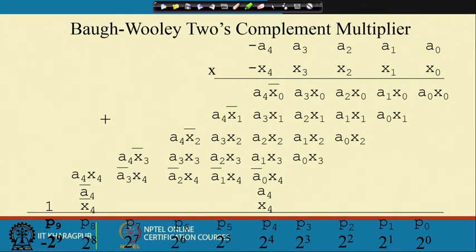So, if I am increasing the depth to the maximum of all possible combinations, I am increasing the delay of this multiplier. But as I have considered a 2's complement multiplication method, or a multiplier which will produce results in 2's complement number representation, at that time I need to do this. There is no other way out to avoid using this A4 and x4, so I have to use this to get the proper result.